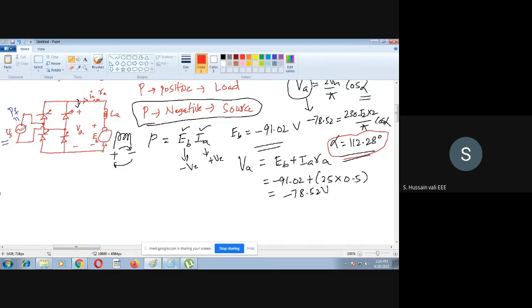How to find out how much supply it is going back to source is that very simple answer, that first we will find out how much power is generated here. How much power is generated here? So that value we will find out. So once we find out that value, then how to find out the power from this generator? So EB into IA is the power generated. So that power is now going back in this direction to the supply.